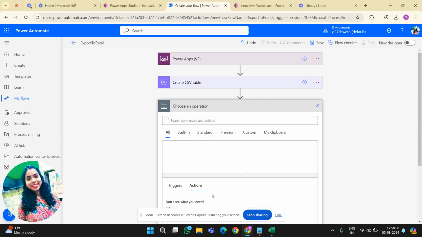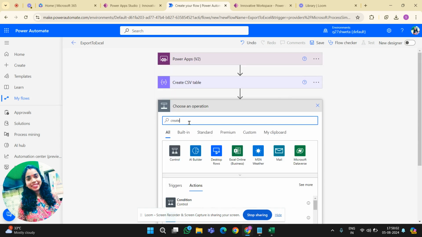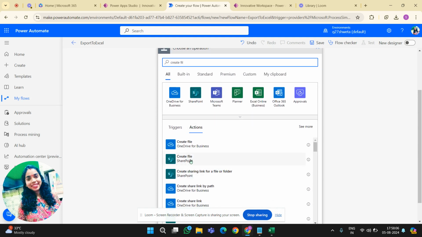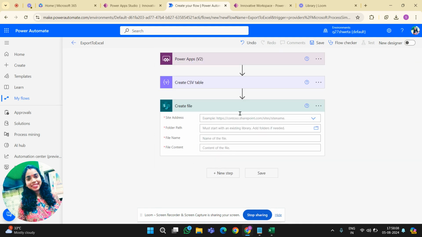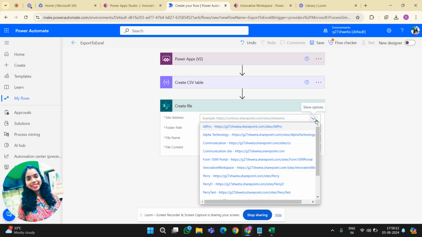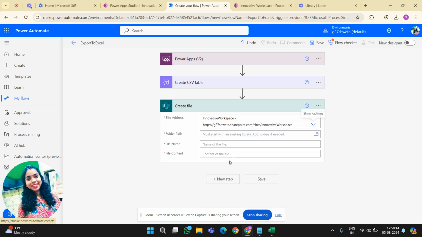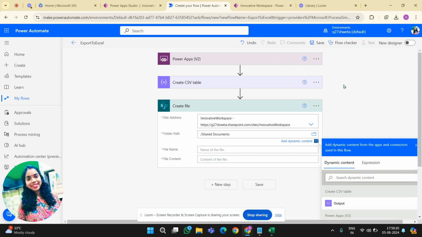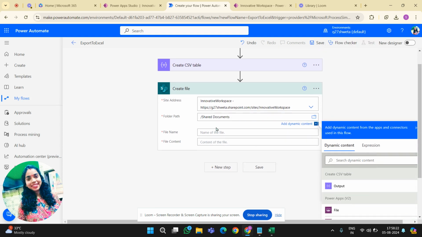Next step is create file. Here we will use create file, site address, folder path. I am using my document library which is Documents.